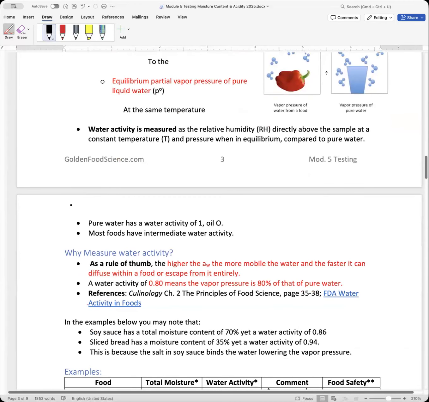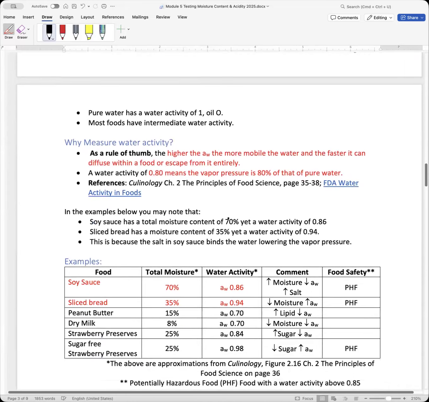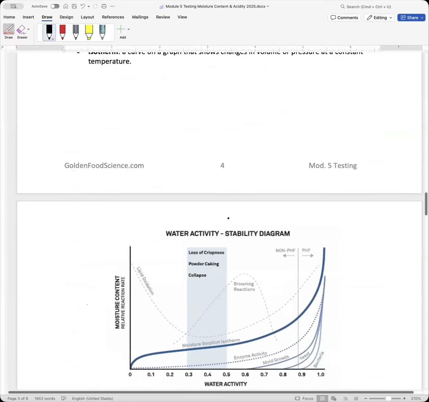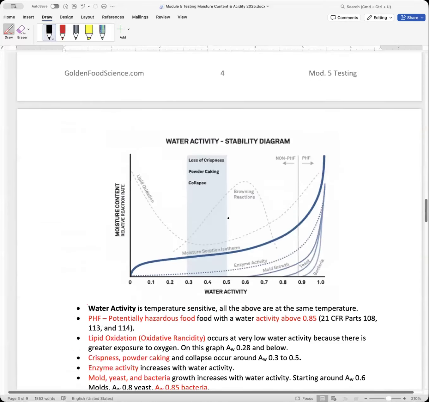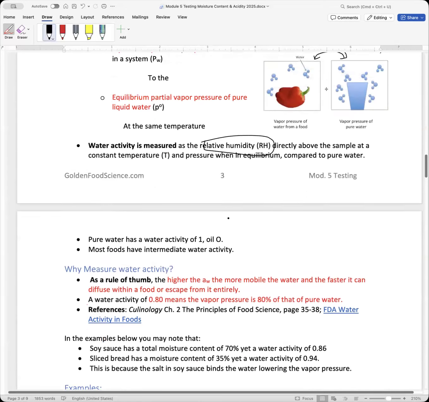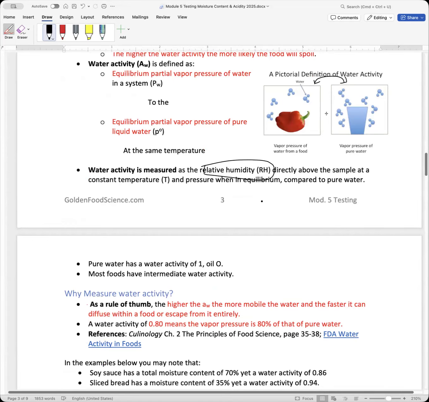So in order to measure water activity, what we do is we measure the relative humidity. If you have a water activity meter, I think I have one down here. No, I do not. All right, sorry. A water activity meter has, and there's one on the pages, but what it has is